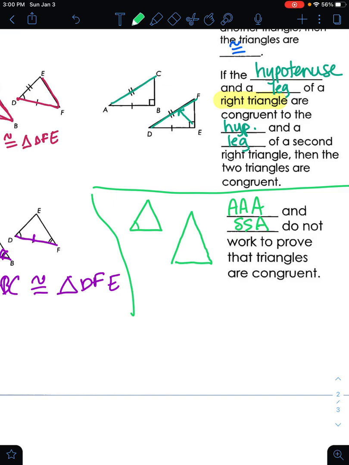For example, the top 2 angles could stay congruent, and then the third angle could be congruent. But I could stretch the sides out in one of the triangles,